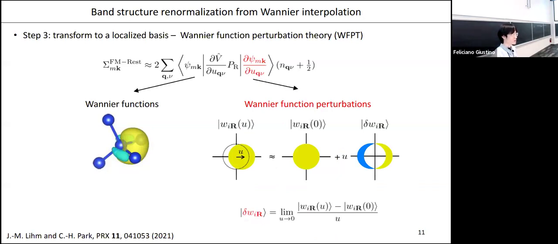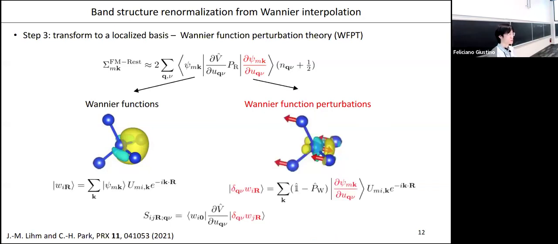But doing a finite difference calculation using a supercell is very costly. What we do instead is to do DFPT. So we calculate only the linear response of the Wannier function. So it does not involve any finite steps or differences. It just involves this derivative calculated directly from DFPT, and also these are just the direct derivatives. And yeah, they are not orthogonal to each other, but they are orthogonal to the Wannier